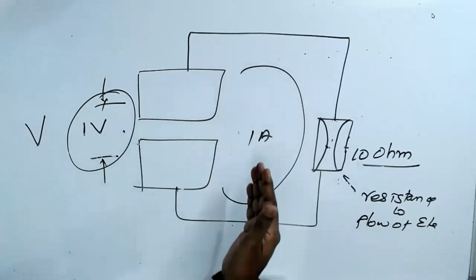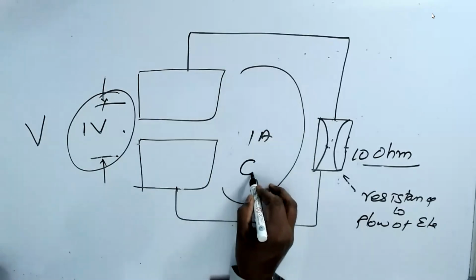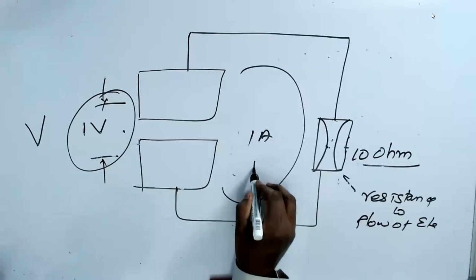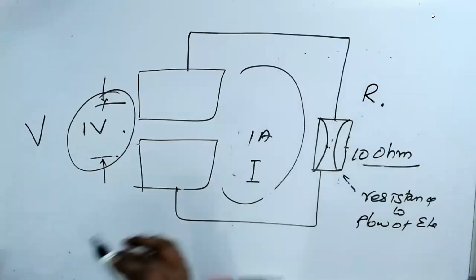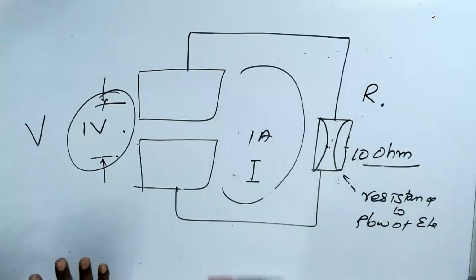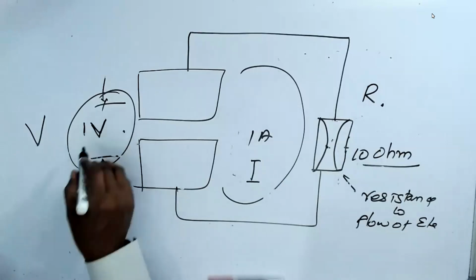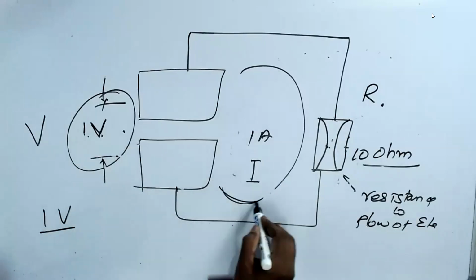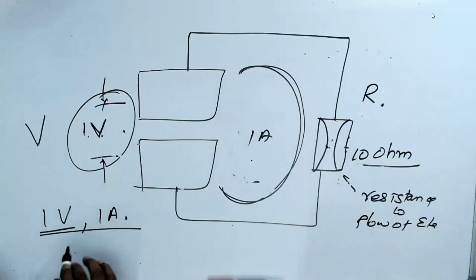Then they measured. That's the reason they started calling this current, as I, not C. Resistance, they call it R. What they found is the relation, and it is so nice. This is the way they did it: if I apply 1 volt, and there's a current of 1 ampere, then the resistor is 1 ohm.